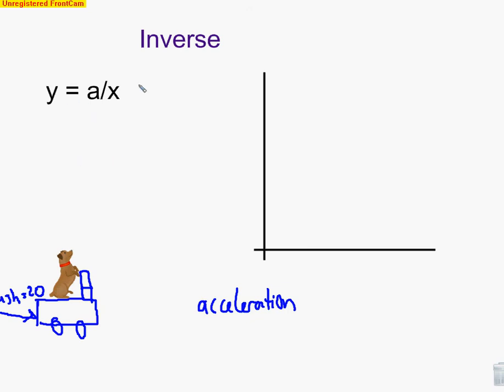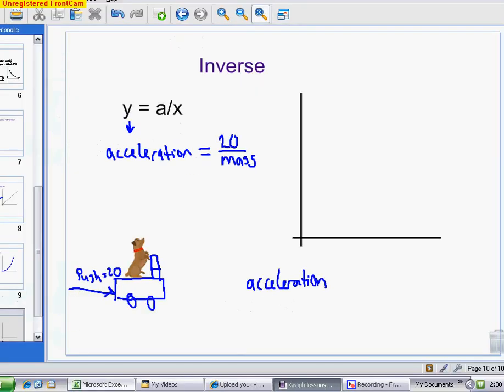This type of relationship follows the general formula y equals a over x. In this case, our y value, or our dependent variable, would be acceleration. A is a constant value. In this example, our constant value was our push, which was 20 units of force. And then our x value was mass. We were adding mass. So if we go into Excel and look at what this type of graph looks like,